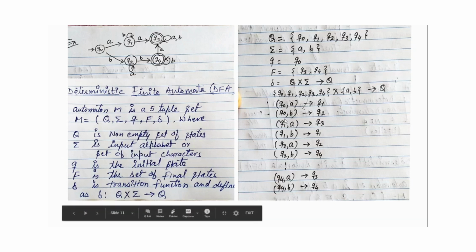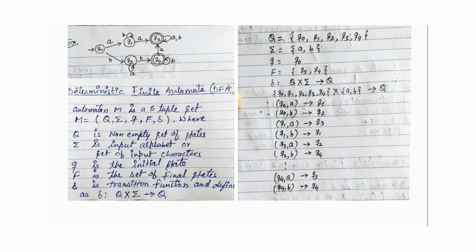And these are the current states, and this is the input taken or the input consumed. If you look at this pair, if the current state is Q1 and the input is a, then the machine will have a transition to the new state, which is Q3. So Q1 on input a will have a transition to the state Q3. Hope these transitions are clear to you.